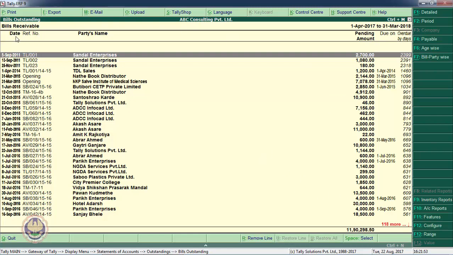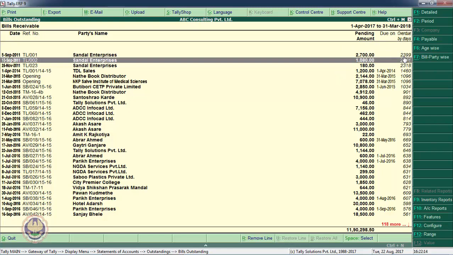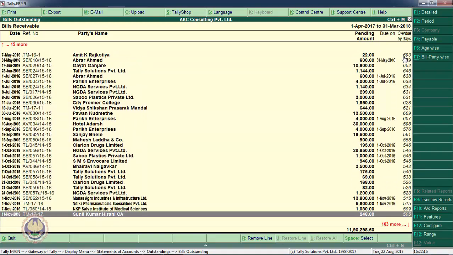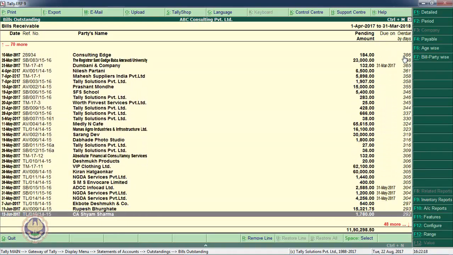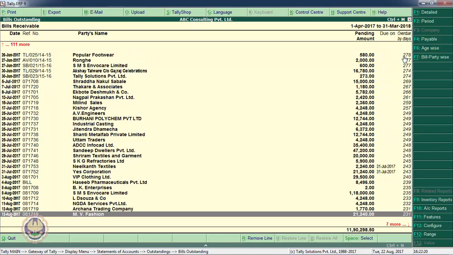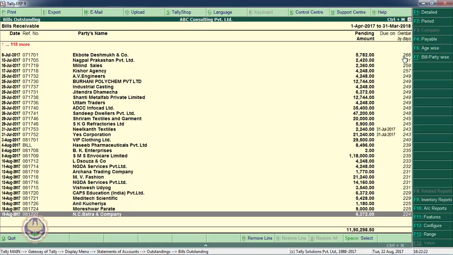I am getting the column heading as date, reference number, party's name, pending amount, due on and overdue by date. This particular report is arranged in decreasing overdue days order. For example, the 2,700 rupees bill is overdue since last 2,399 days. If I go to the bottom, I will get the bill which is overdue for a very less number of days. It is 224 still.